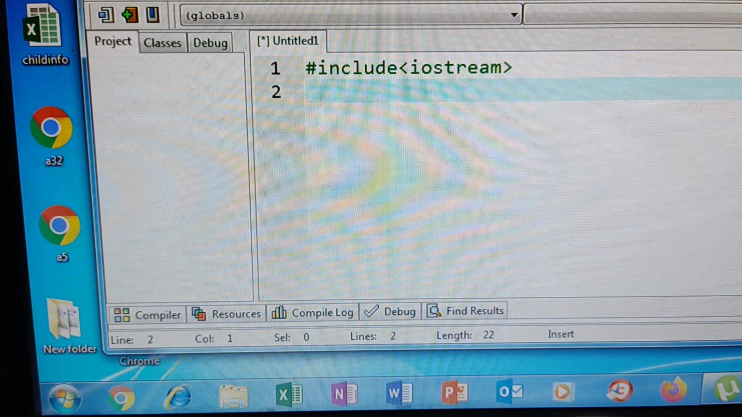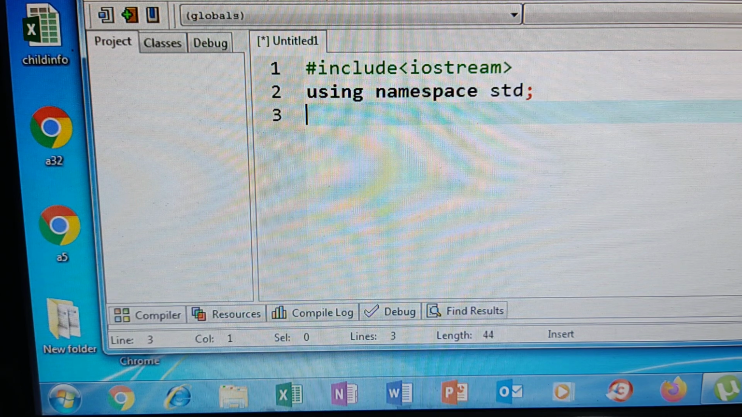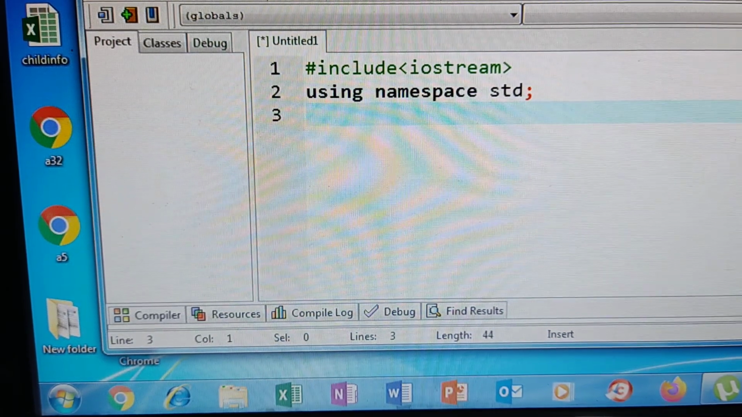Next line you give the namespace: using namespace std. We are using classes from the std library file, so before using those classes, I am declaring namespace std. Once you have declared it, whatever classes are available in that library file, you can use in your program. Now here I am creating one function, int